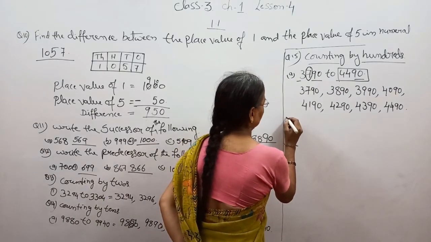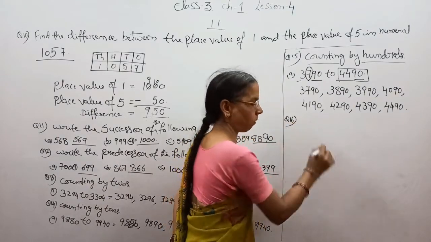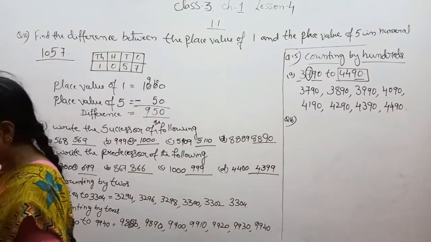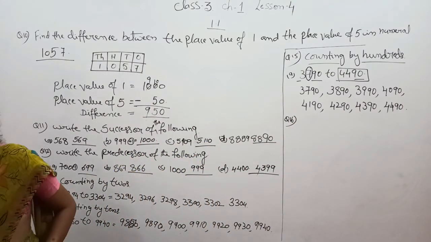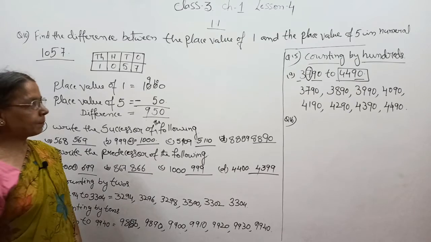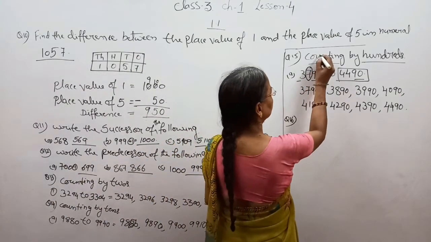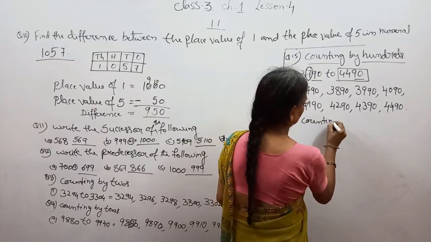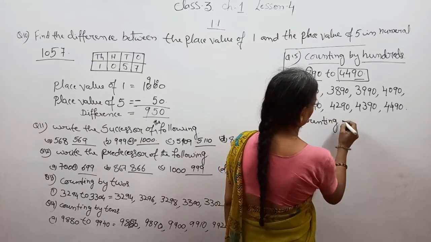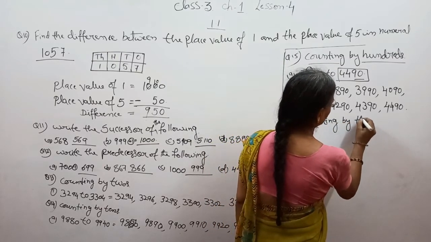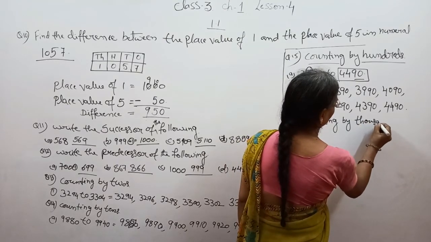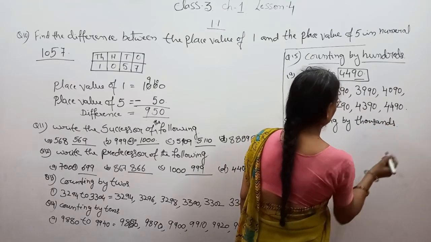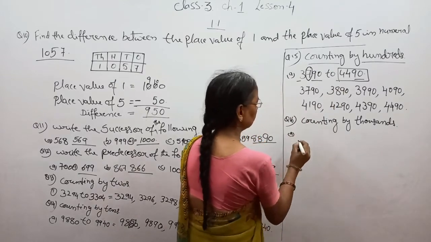Then question number 16, counting by thousands. यहां पे हमें काउंटिंग करना है थाउजेंड्स में, काउंटिंग बाय थाउजेंड्स। क्वेश्चन नंबर 1,